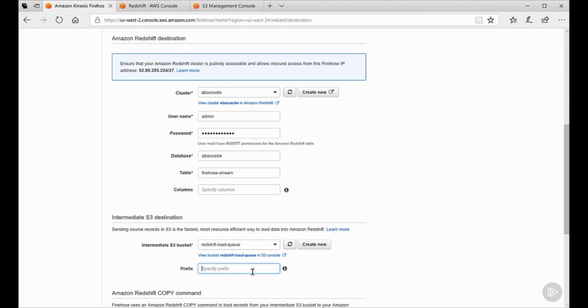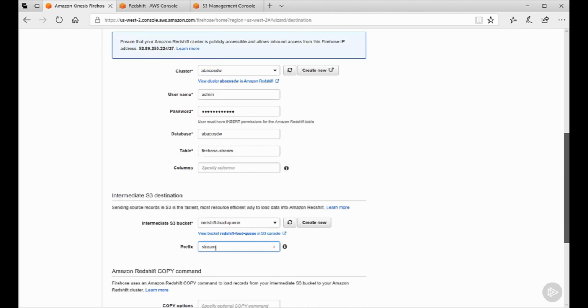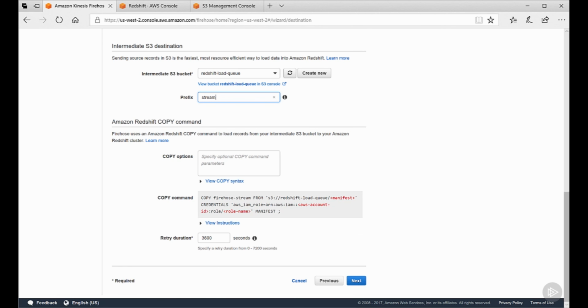This helps differentiate it from all the other things that we're currently storing in that load queue bucket. And then we have the ability to fill in any other items that we want in that copy command. On the sample copy command shown, it highlights in red those things that either will be replaced by the Kinesis stream or that you would need to replace on your own if you were going to test it. We're going to look at a couple of our other options, and then we'll come back and edit that more